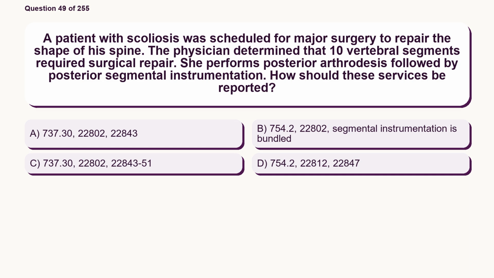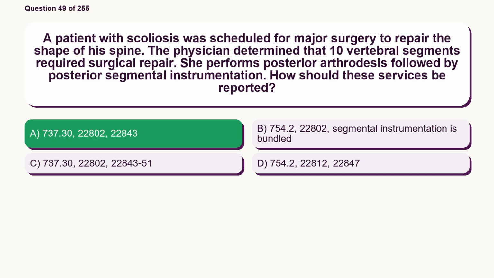Option A, 737.30, 22,802, 22,843. Option B, 754.2, 22,802, segmental instrumentation is bundled. Option C, 737.30, 22,802, 22,843 to 51. Option D, 754.2, 22,812, 22,847. The correct answer is option A,